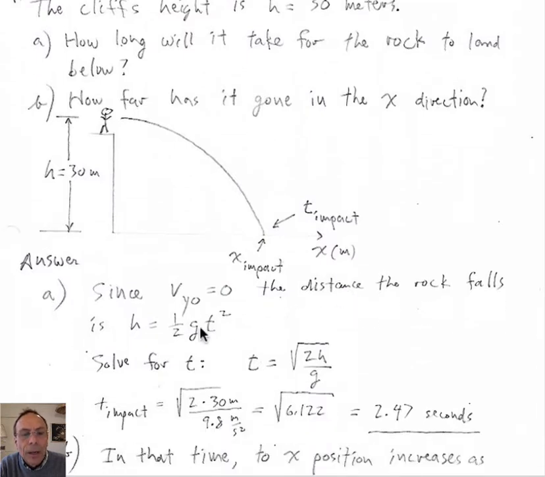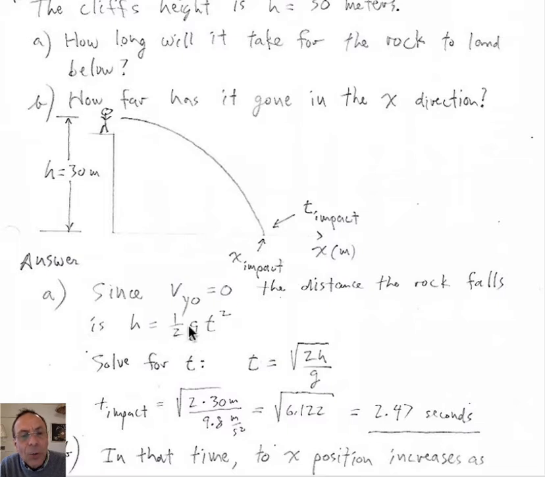Okay, so now the initial y velocity is 0, right? Because it was thrown horizontally. And how far it falls is given by 1/2 gt squared. At this point, I'm not really paying attention to the negative signs. We'll have to take care of negative signs later, but right now this is a simple enough question that it's not necessary. So we have that it falls this distance, h,